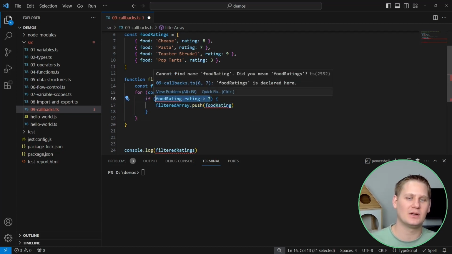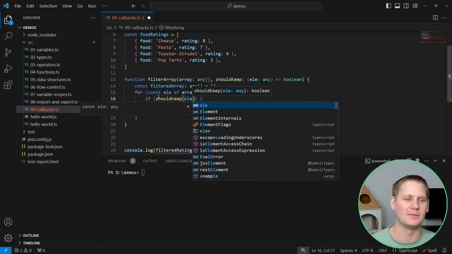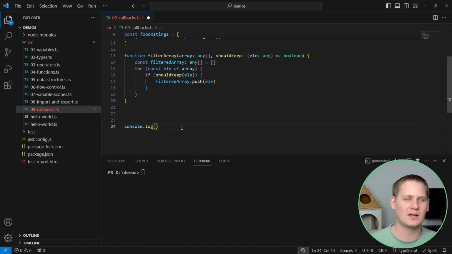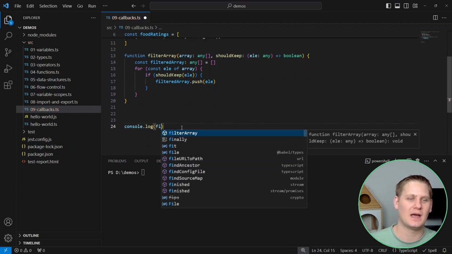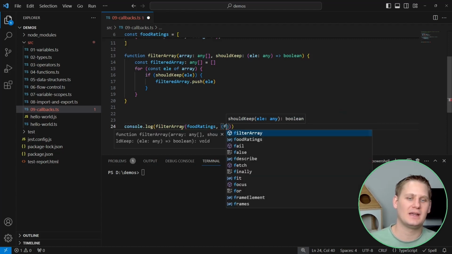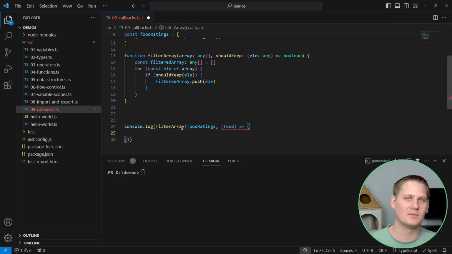And here is where we're going to invoke our callback function should_keep. We'll provide it the element, and that will tell us if we should keep the element or ignore the element. To invoke this, we can come down to our console log, and we'll invoke filterArray. We'll provide it our food ratings, and then we provide it a callback function. We'll say food will be passed to the callback function, and in that function body, we'll say return food.rating is